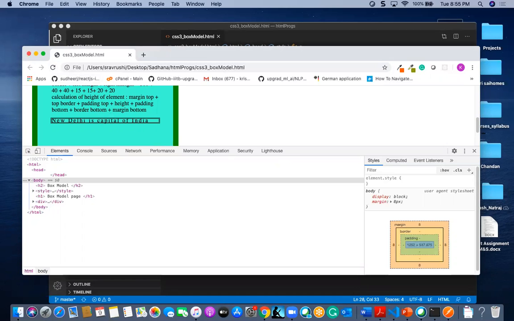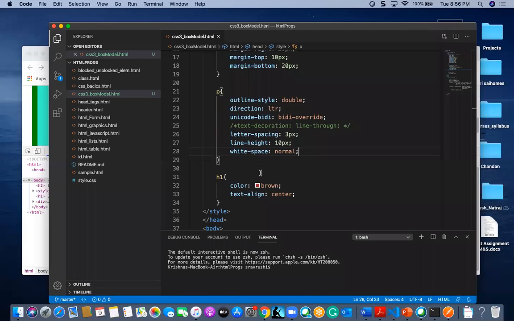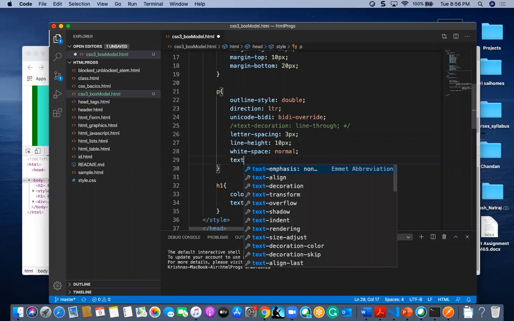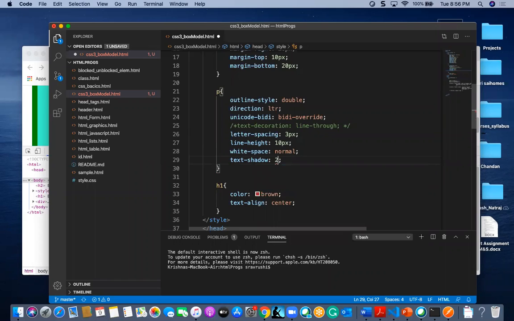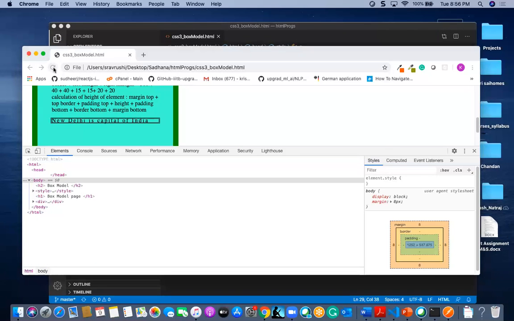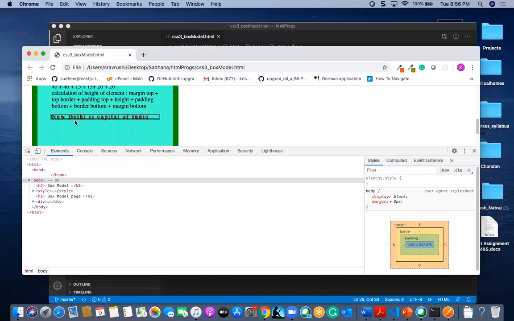And also we have text shadows. We can give a shadow to our text, that is text-shadow. It is some 2 pixel and also 2 pixel, and I am going to give here some red value. So I will find the text shadow as a 2 pixel, 2 pixel effect.